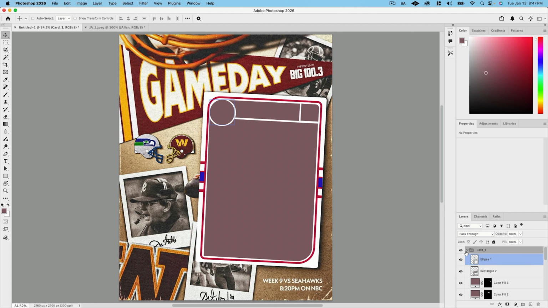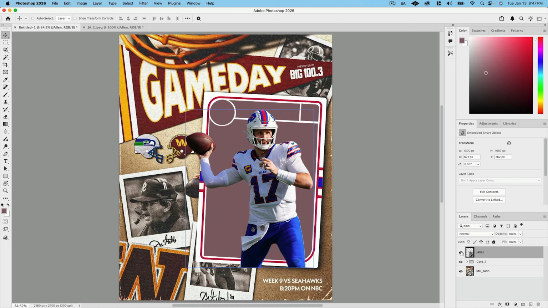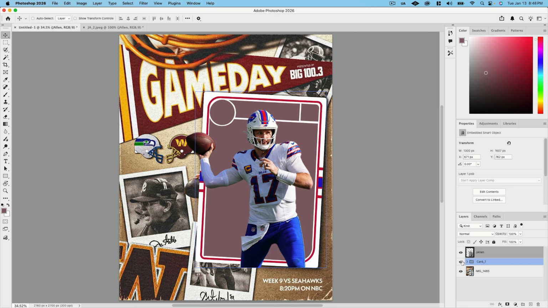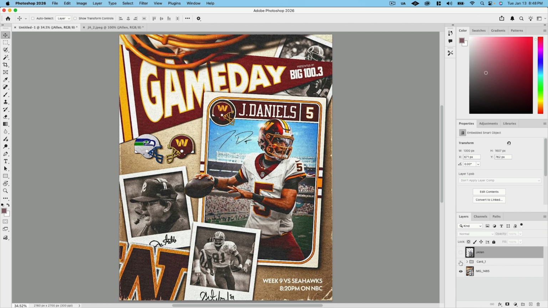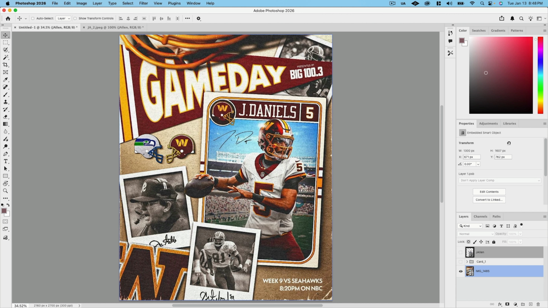Alright. Okay, and actually I'm gonna put this on top of that. Alright. So you can kind of see where we're gonna be going with that. Okay. So that's what we got so far. Now what we're gonna do is we're gonna hide this card. And we're gonna make these